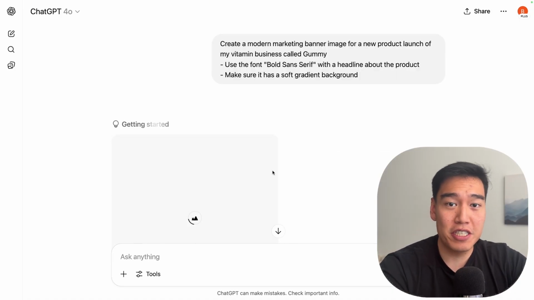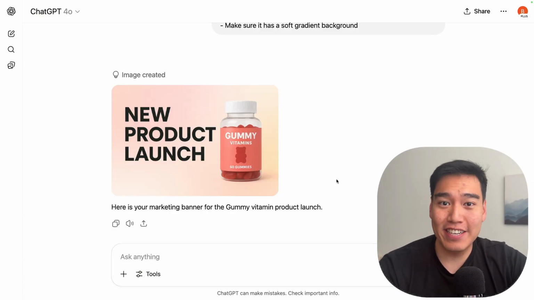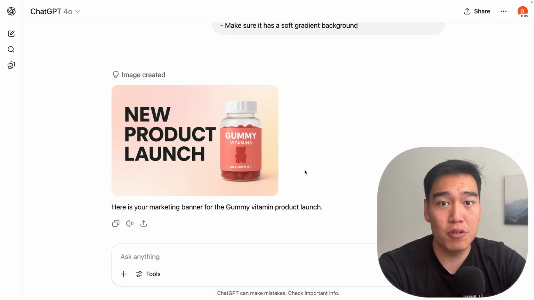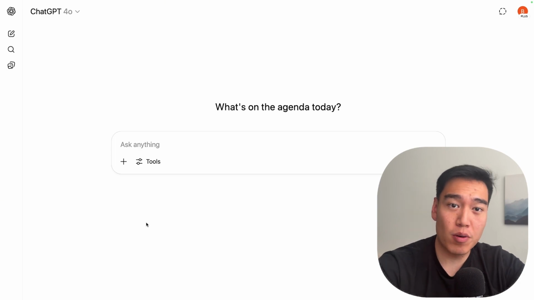So now, waiting for this image to generate, let's go ahead and see what ChatGPT has made for us. And awesome, we have a pretty sleek looking marketing banner that we can go ahead and copy and paste to post on all of our social media accounts for our marketing campaign. Now moving on, for more one-off questions like in your business, if you quickly get a report that you want